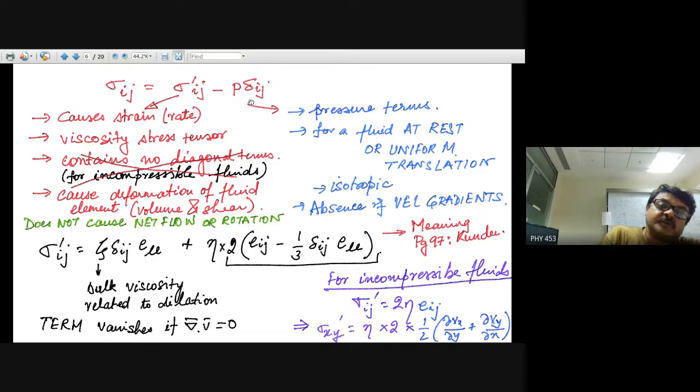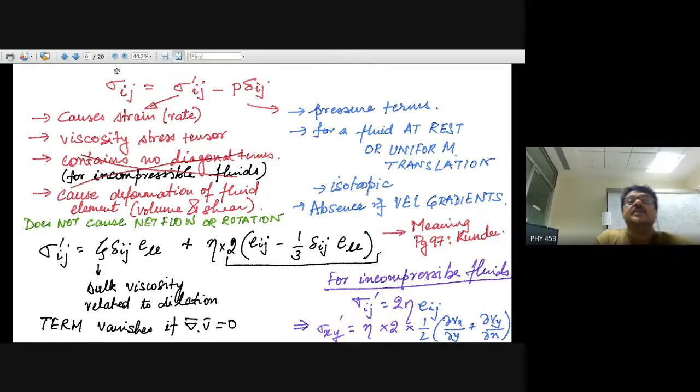However, if the fluid is in motion, we cannot, the thermodynamic pressure is defined only for equilibrium when there are no currents. So then we cannot identify it with the thermodynamic pressure, and instead identify it with some mean mechanical pressure. So in general, this part which causes motion is denoted by a dash, and the total stress tensor,